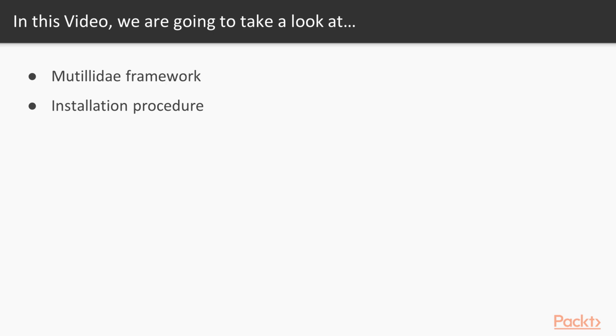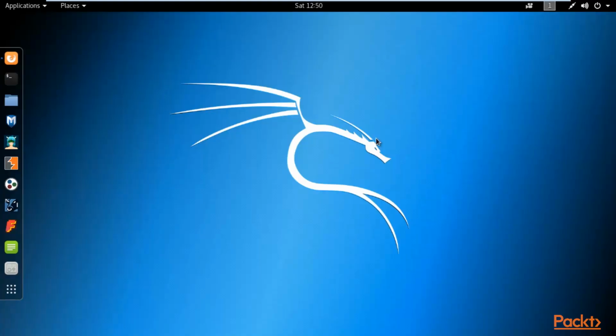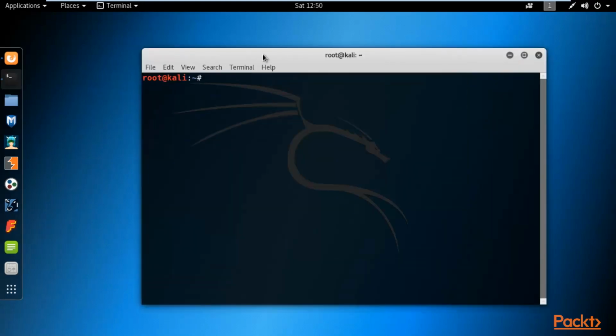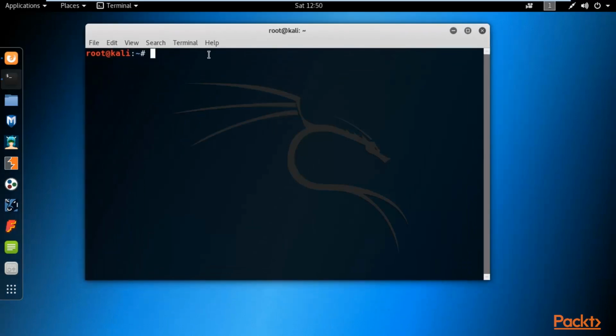So first of all, you need to open Kali Linux operating system and check if the XAMPP server is running or not. So here I am at Kali Linux operating system, and before downloading any Buggy web application, let me check if XAMPP server is running or not. To check, I already provided you information in the last video. So to check the services are running or not, you can type